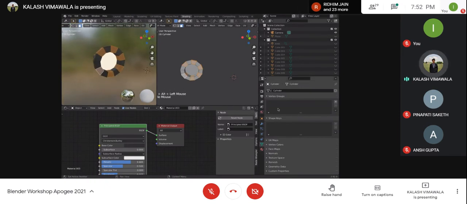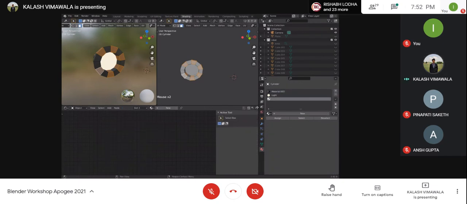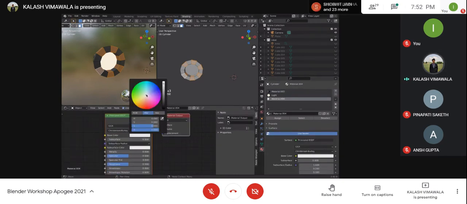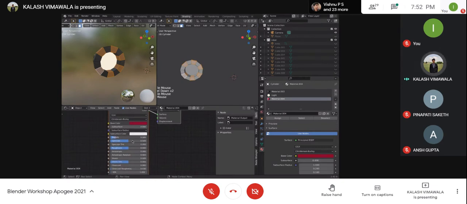I've selected all these alternate parts. I'll go into material and I'll give it a new object. Say I make a new object and I give it a color of, say, reddish, but dark red. I don't think there's need to change any other properties. And then I'll assign this. So this has now the materials that I had selected.